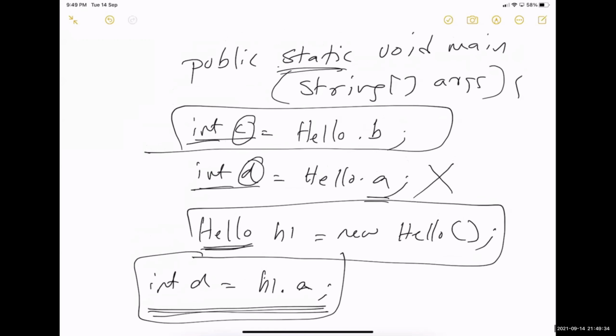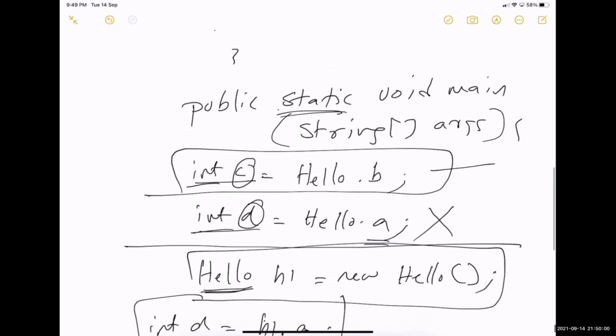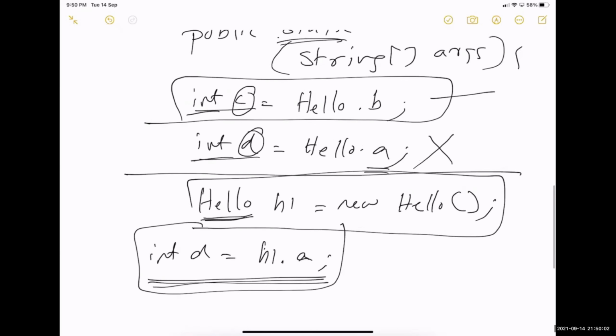Same is the case with the methods also. Sushmita is asking about static in b. Static in b means you can call that variable without creating an object. Without static, you will have to create an object like this. Static in b means that it is common to all the objects that belong to the class, so you can directly use class name dot variable name.